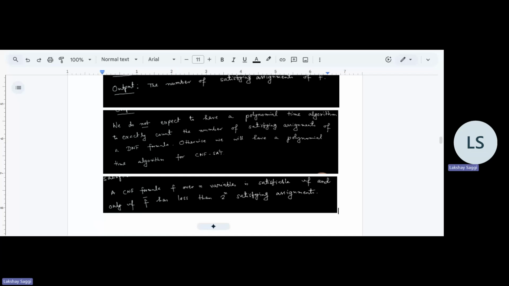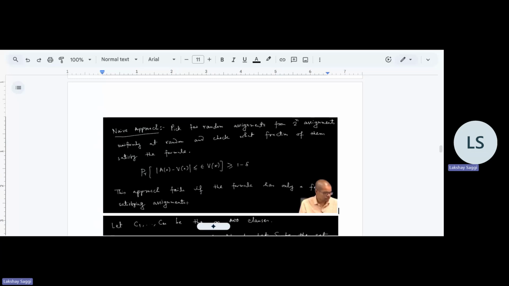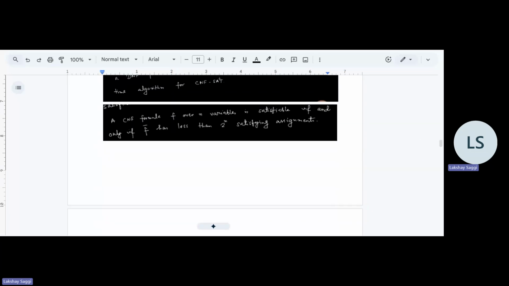So this is the core property because of which we do not expect an exact polynomial time solution for DNF counting, and that's why we move to trying to find some approximations